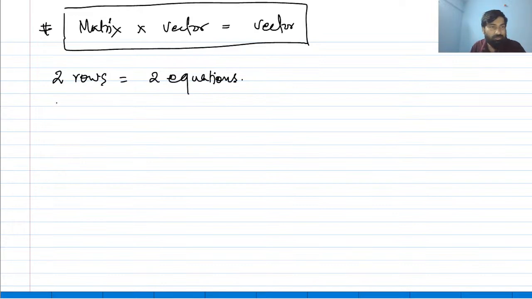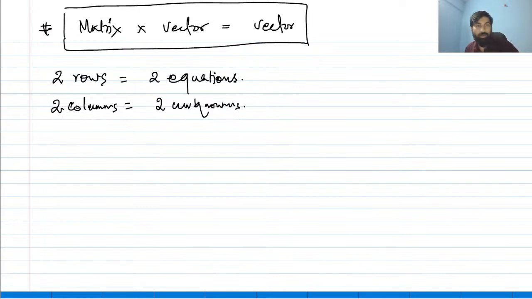And there are 2 columns. What is the meaning of 2 columns? 2 columns means 2 unknowns. So remember, if I give you one equation, how many rows will be there, guys? There will be only one row. And if there are 2 variables, how many columns will be there? 2 columns. How simple is this, right? You only have to make observation. A beautiful observation can help you understand anything.